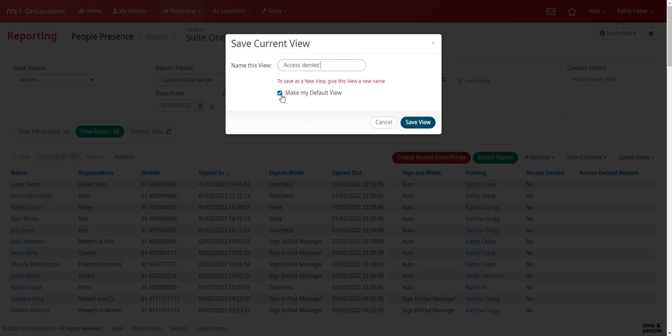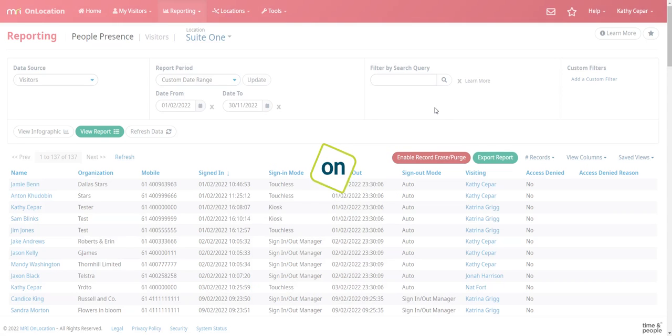If you make this your default view, so if you do put that tick in there, that will, each time you come into reports, be your default view. I can untick that, just click here on Save View, and I'll be able to select that as a view going forward. So once my screen finishes uploading,